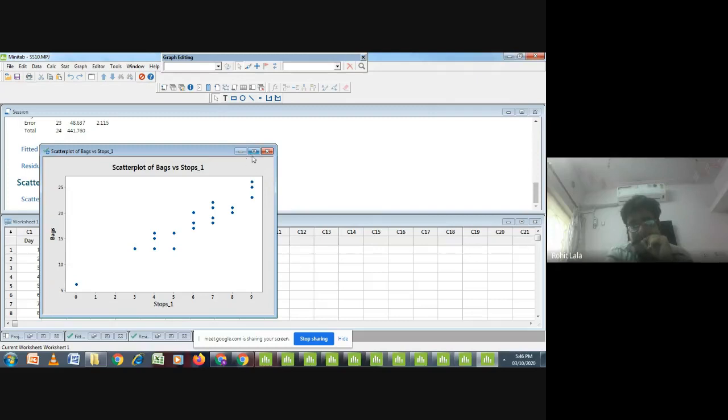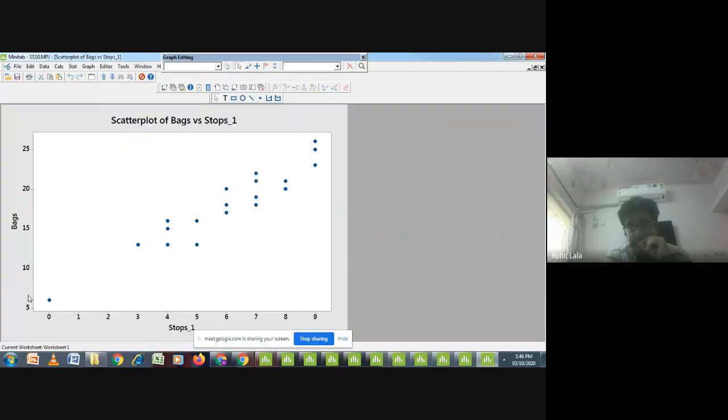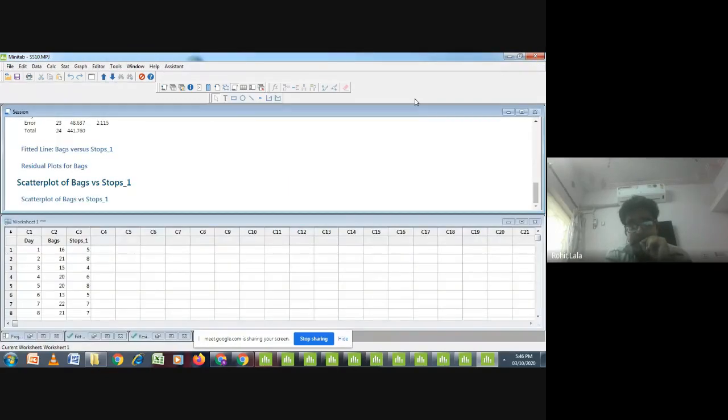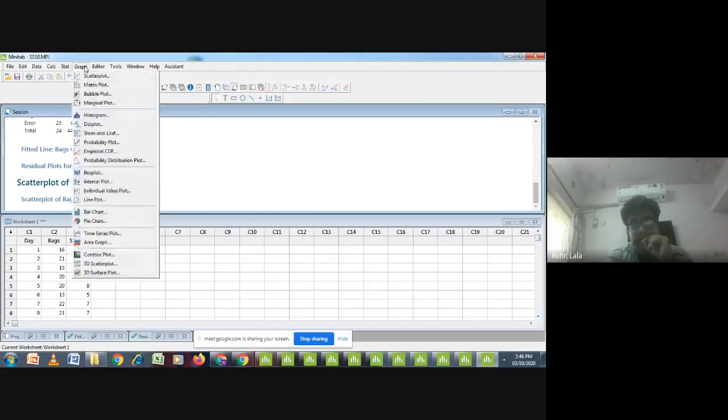So our next step, see, just see the data set, we have a relationship. The more the stops there would be, the more the breaking of tea bags would be found. So there is a basic relationship, and we need to move towards finding a correlation. That was our second step.